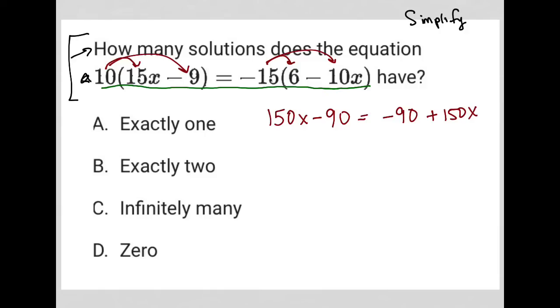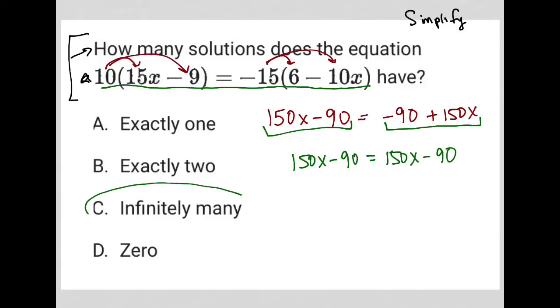So hopefully you can see from the start that these two things are really saying the exact same thing, right? Their order is shifted, but this is saying the exact same thing on both sides of the equal sign. So whenever I see that one side of the equal sign, 150x minus 90, is equal to the other side in the exact same way, then my answer must be infinitely many solutions. Here's why. It's because no matter what I replace x with,